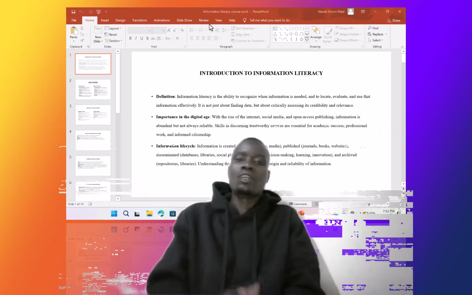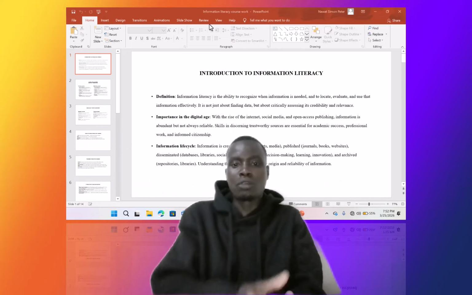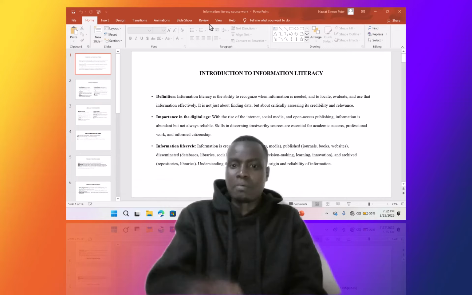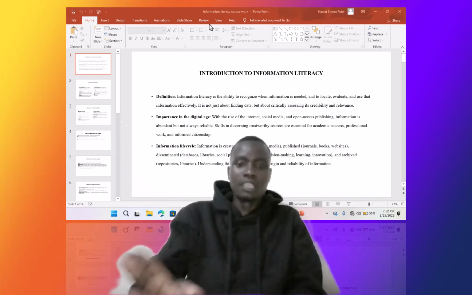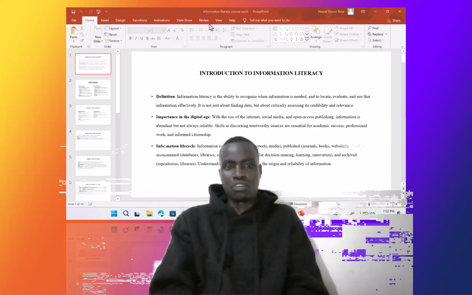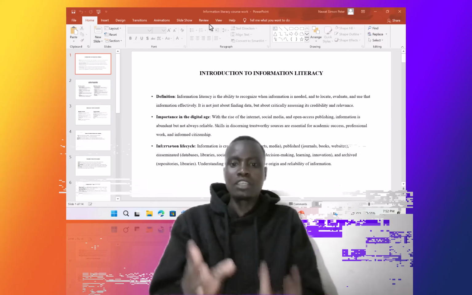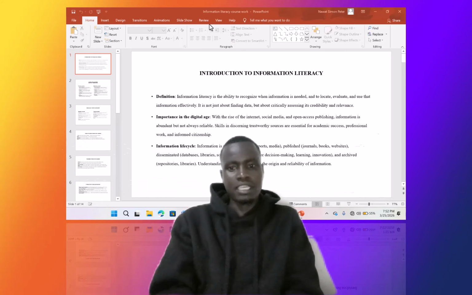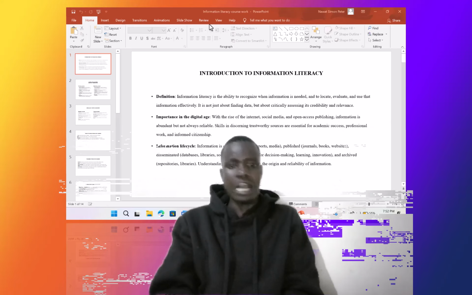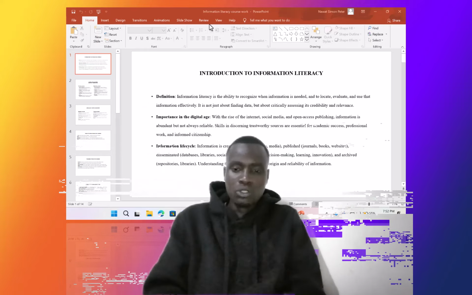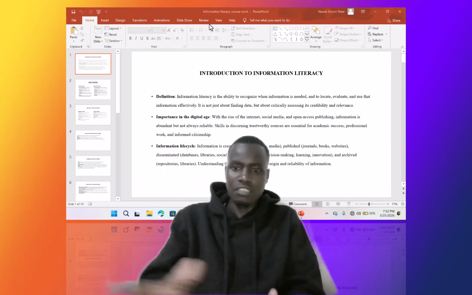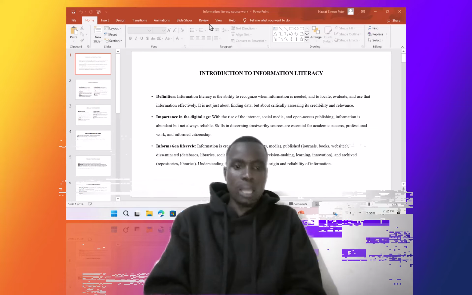When you get information from research, reports, media, published and disseminated sources, you can use it for decision making, learning, innovation, and achievement. How can you achieve this? You know, through libraries,